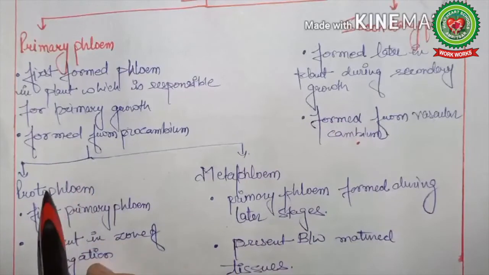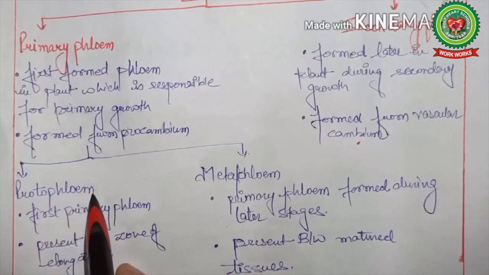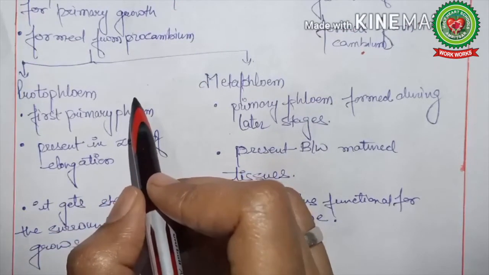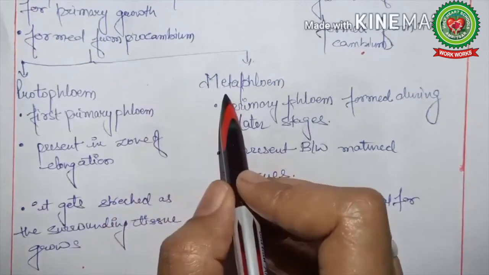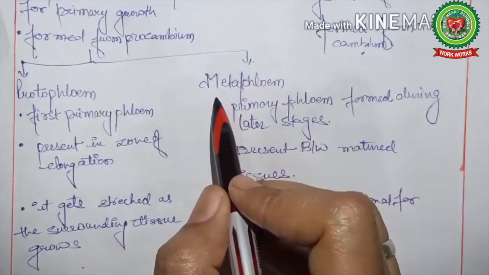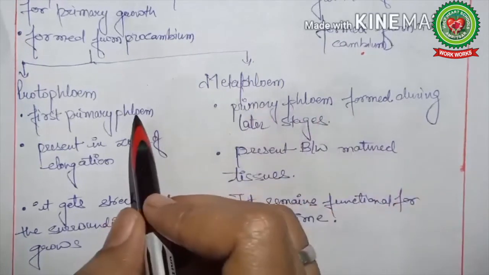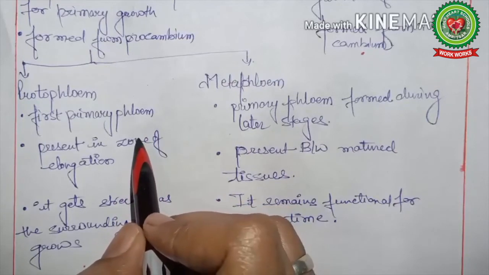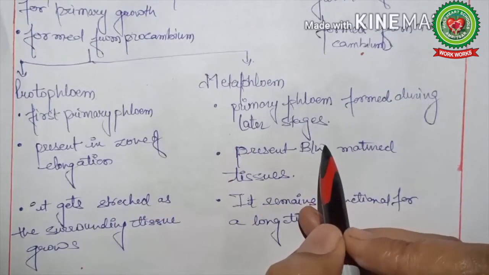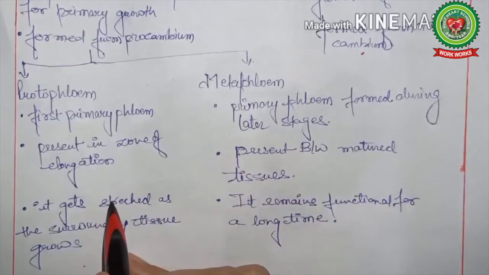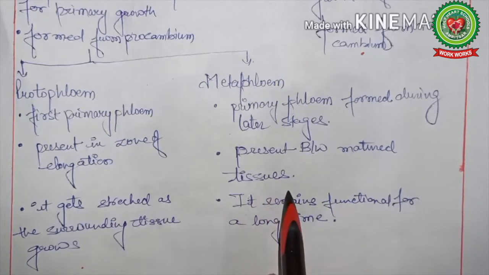Now, primary phloem is further divided into two types, protophloem and metaphloem. The protophloem is the first phloem formed in the plant. Metaphloem is the primary phloem which is formed much later in the plant. Protophloem is present in the zone of elongation, whereas metaphloem is present in those parts of the plant where mature tissue is present. Protophloem gets stretched as the surrounding tissues grow and it ultimately collapses and becomes non-functional, whereas metaphloem remains